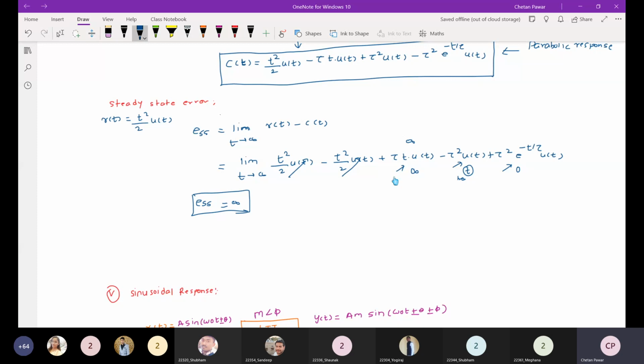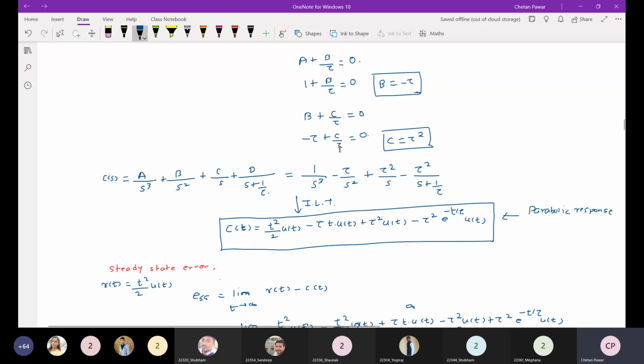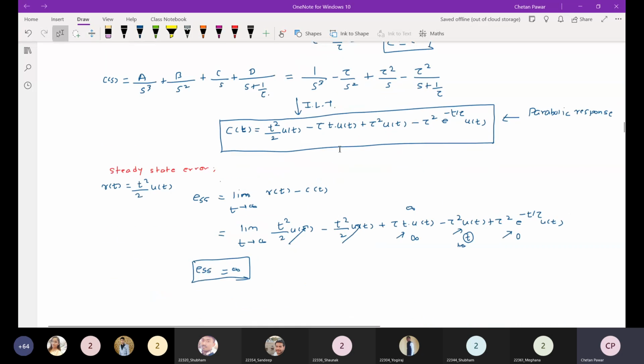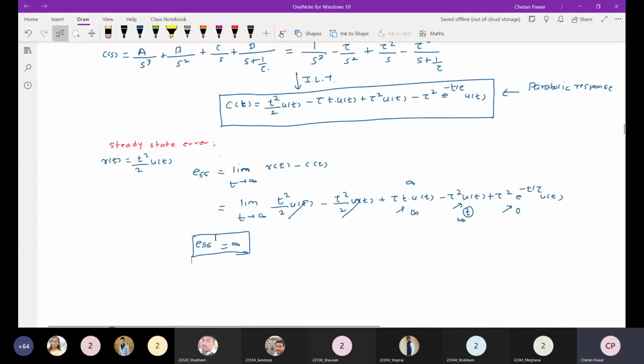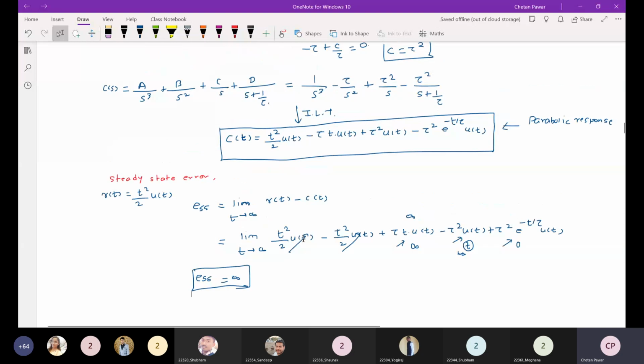So when you apply this parabolic signal to this particular RC filter, at the output response we will get infinite error. So such a kind of signal, the parabolic kind of signal, you can't apply to a first order system, because you will get infinite steady state error, because that particular system will not clearly follow the input. So this is the main conclusion here between these